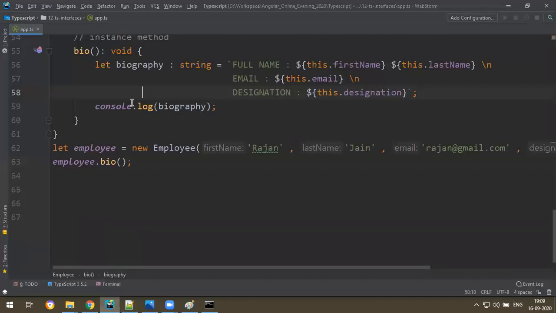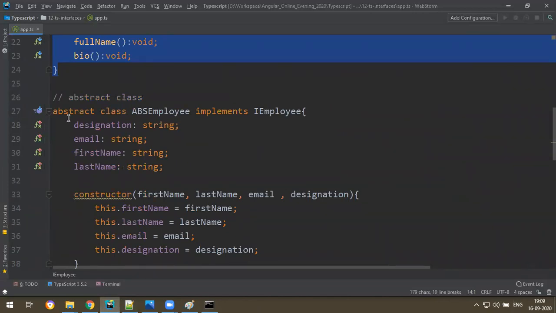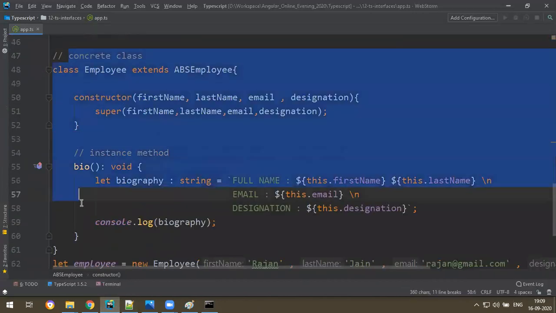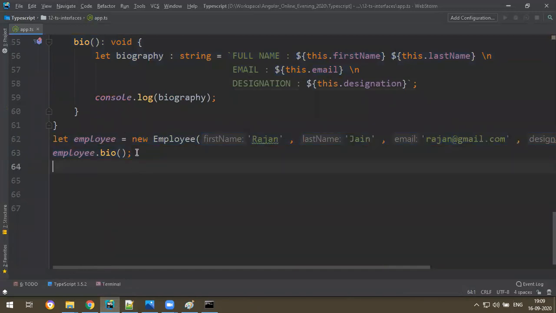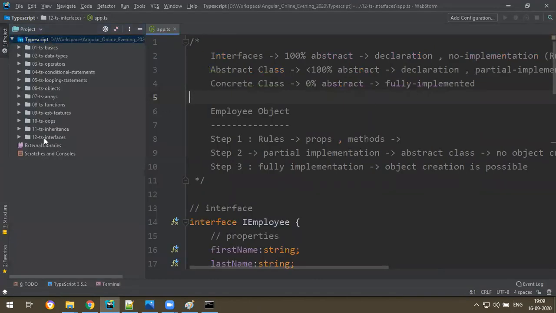In the previous example, I have written an interface, one abstract class, and one concrete class, and I call the functions and create an object also. So everything you have written is in a single TypeScript file. In every example you have only one TypeScript file. Correct? But if you want to develop an application with Angular, there are a lot of components,